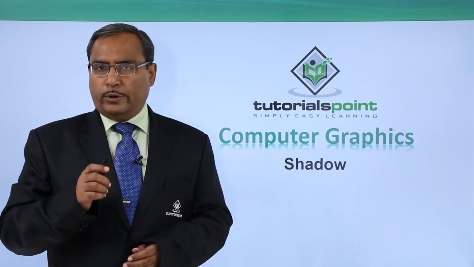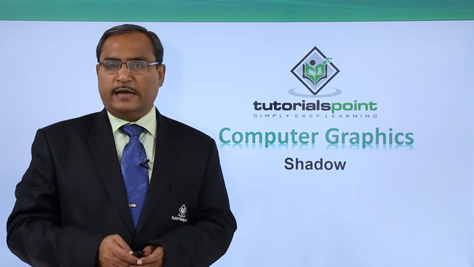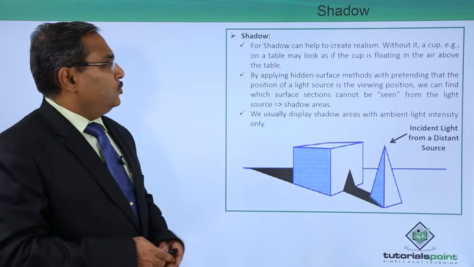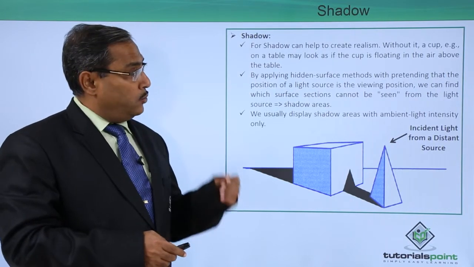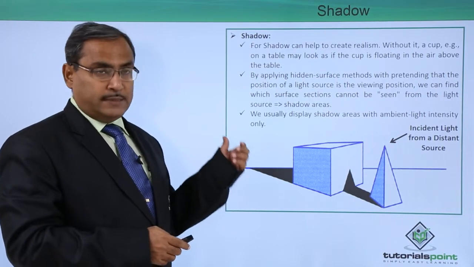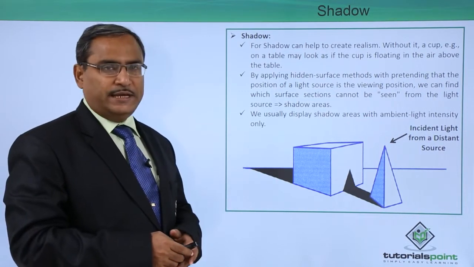In this video, we are going to discuss shadow. So what is a shadow and what are the different types of shadow? Shadow can help to create realism. Without it, a cup, for example, on a table may look as if the cup is floating in the air